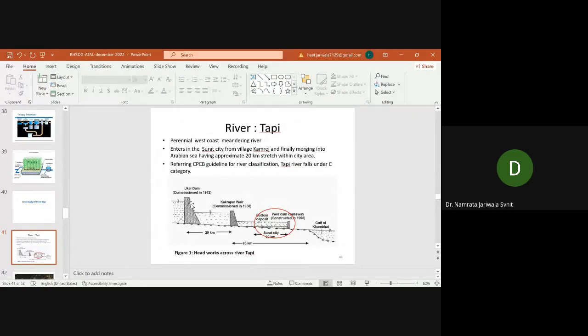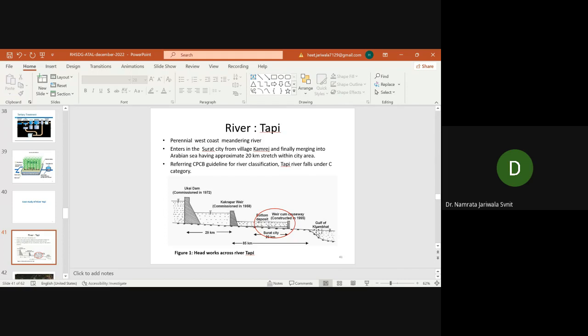So in the river, we have the Ukai Dam, and from the Ukai Dam, at least 29 to 30 kilometers away, we have the Kakrapar Weir, and it is entering into Surat city from the Kamraj area, and it will have a 20-kilometer-long stretch in the Tapi river. So as I have discussed the classification of the river as per the CPCB classification,